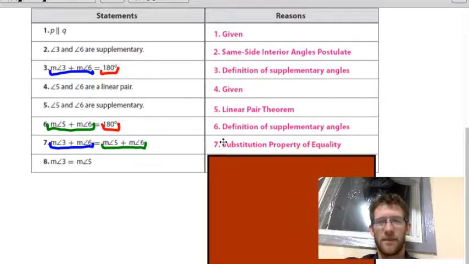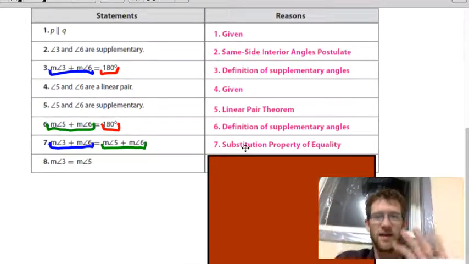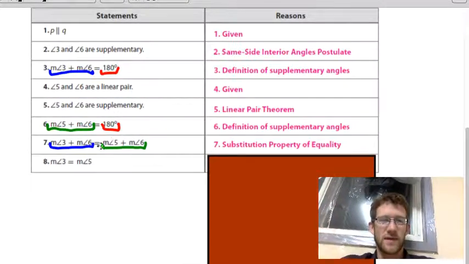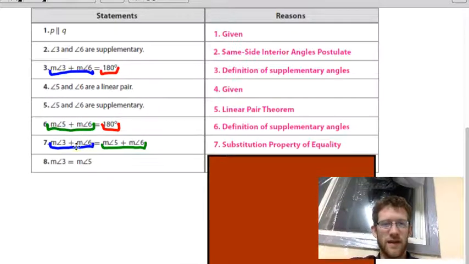Often they'll put transitive property in and I'll accept substitution. This time they put substitution and I would have accepted transitive. I thought that's what they were going for. Fortunately, because this equals a single thing, we can just substitute that out, swap it out. These are pretty interchangeable. And finally, since we know that measure of angle 3 plus measure of angle 6 equals